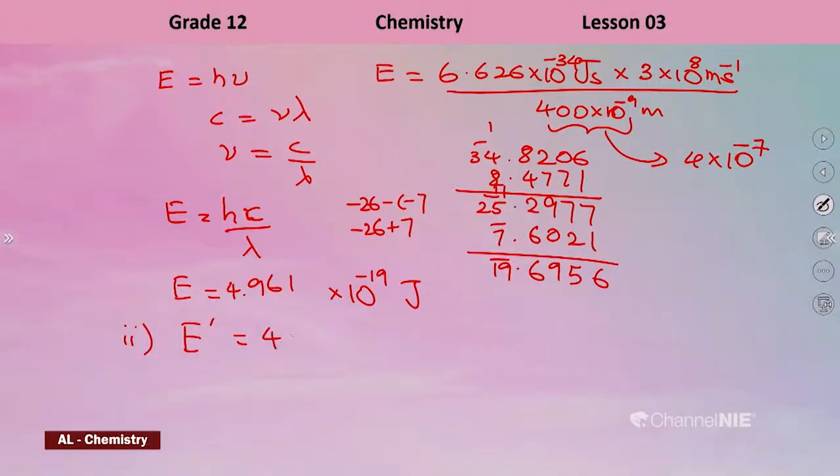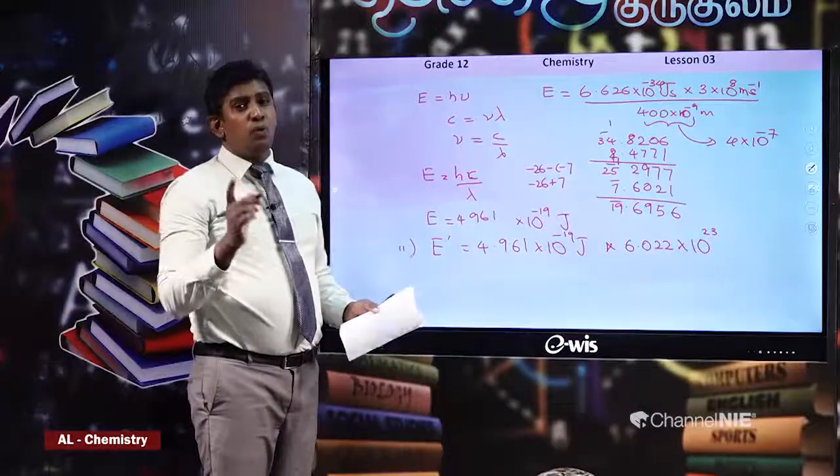It's the same value, 4.961 into 10 to the power minus 19 joules. Simply you multiply that by 6.022 into 10 to the power 23. Then that's the energy. It stands for 1 mole of